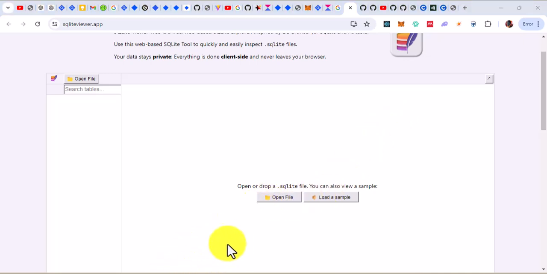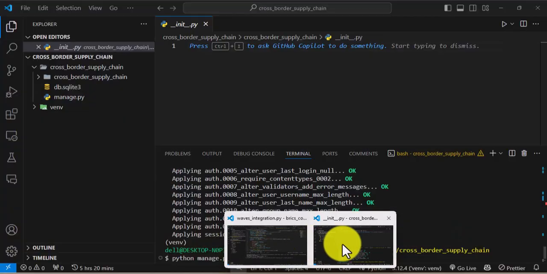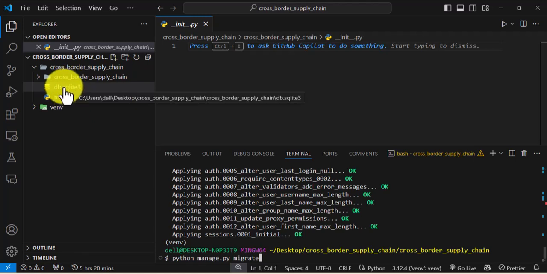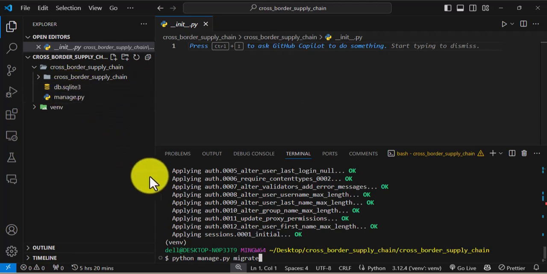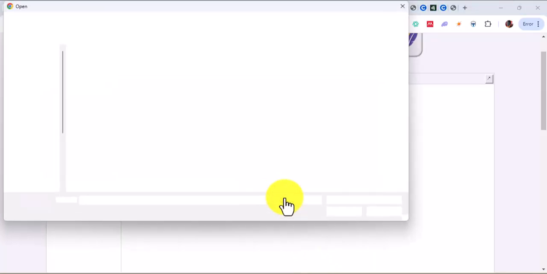So now that you are here, all you just need to do is open the file. To open the file, then go and look for this particular database, the SQLite. Look for it. So what you just need to do is come here, open file,